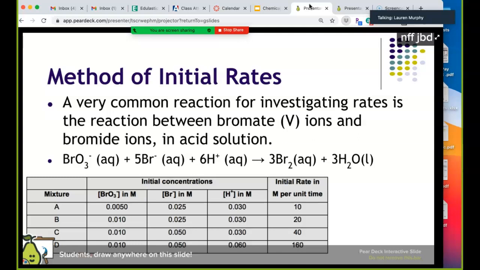What I mean is on the AP test, when you write a rate law, you can't just write a rate law and not show them how you got it, even if you got it right. So I'm going to show you the long way to get the rate law, and then I'll show you the shortcut way. Both require work, so you will always have to show work. Once I show you the shortcut way, it will probably be very easy for you to write rate laws without showing work. You can't do that. You have to show how you got it, okay? So having said that,